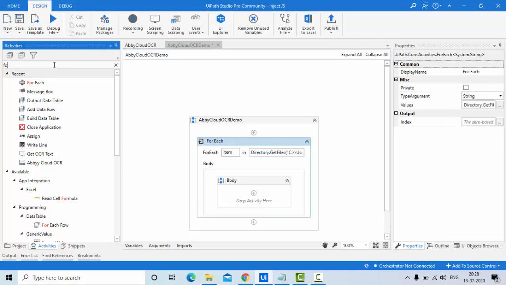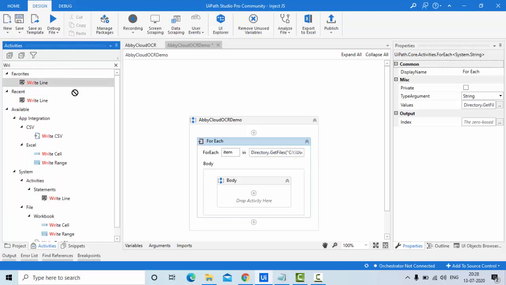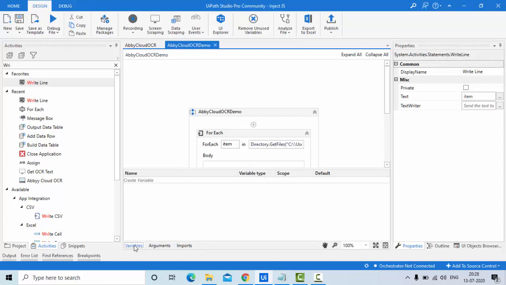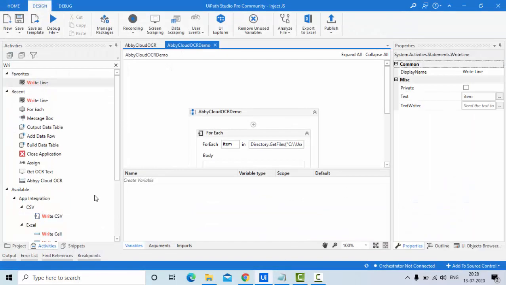Now let me write those files using something like Write Line of item. Then what we need to do is load these images. If I run this, it will show me the list of invoices, which are in image format.